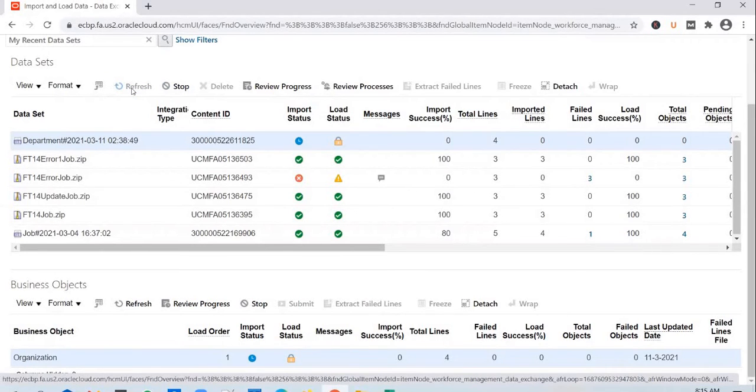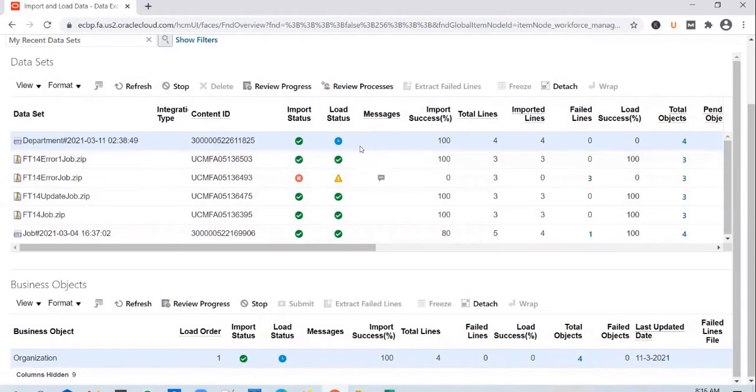So you refresh the process. You see that import is done and load is going on at the moment.